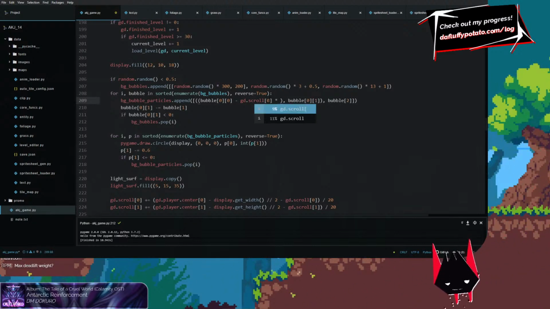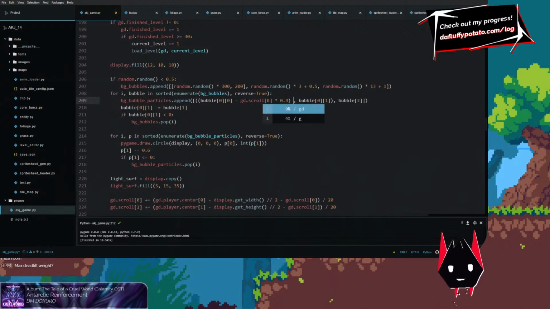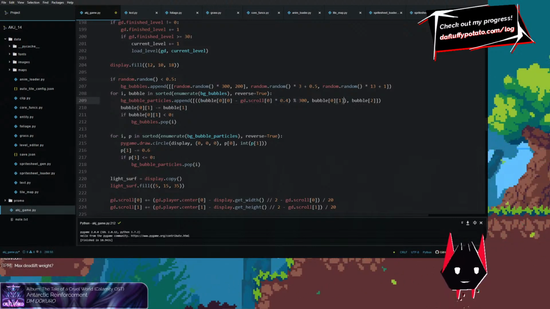I'm gonna multiply that by 0.4 so it doesn't impact it too much, and then I'll mod that by 300, which is the width. And now I can do this for the y-axis, and then